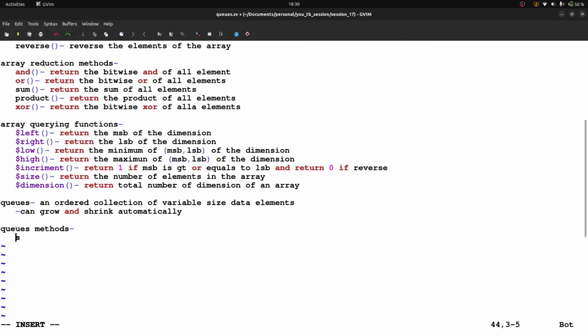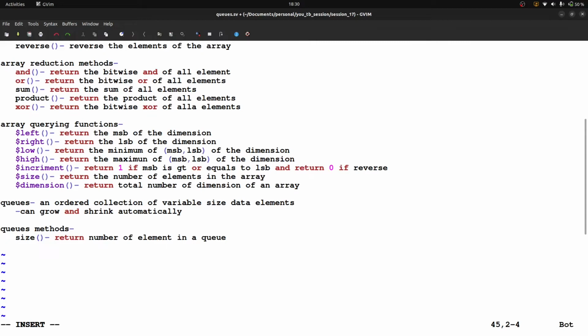Okay, so first of all, size. It will give the number of elements in a queue. Let's say I want to check how many data elements are inside my queue, so I can use that method, that is called size, right?